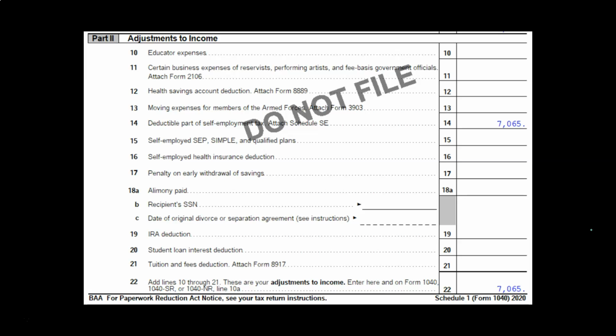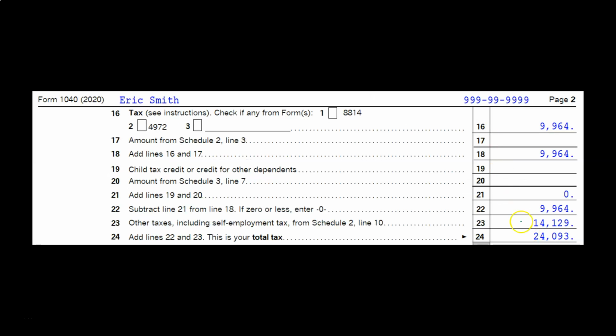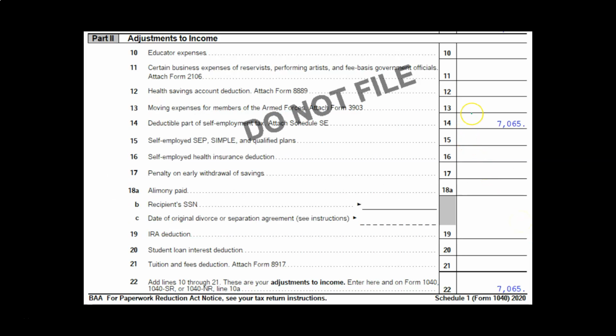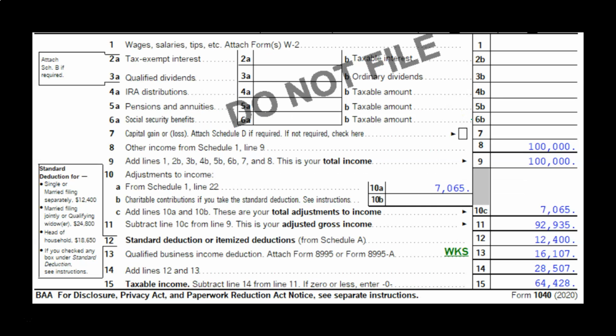And then on the adjustments to income, we have the deductible part of the self-employment tax. So that's the half that we get to deduct, meaning this is the full amount that we have to pay, but then we get to deduct half of it for federal income tax purposes, right? So this is the half we get to deduct for federal income tax purposes on the adjustments to income. That then flows forward to the first page of the 1040,